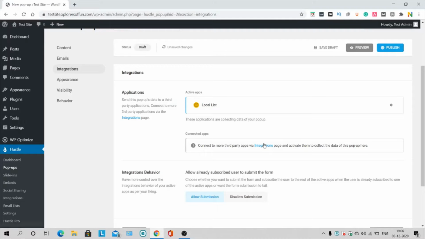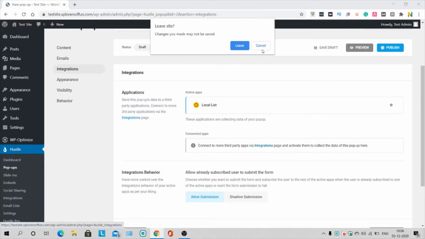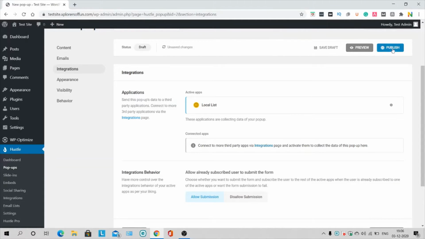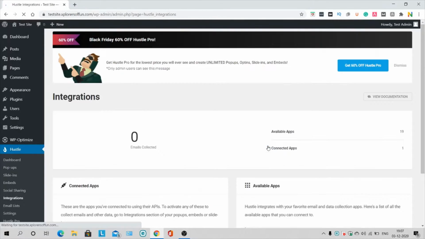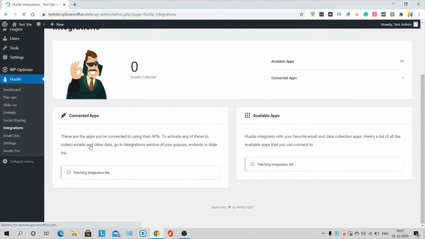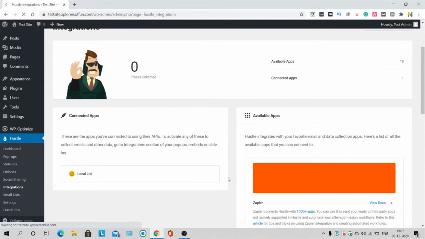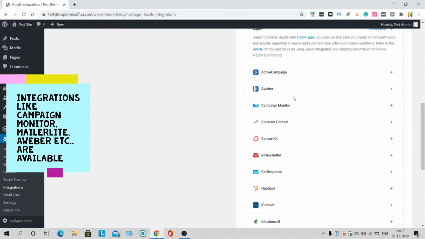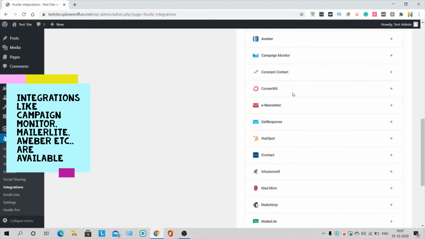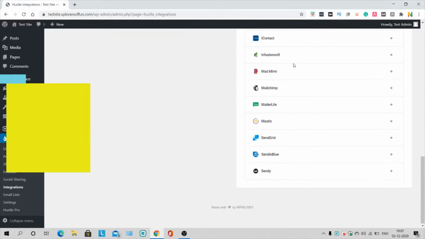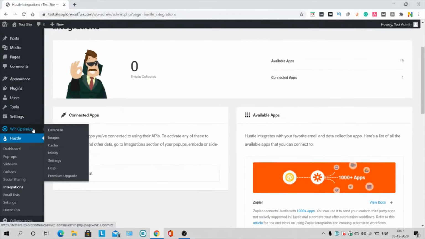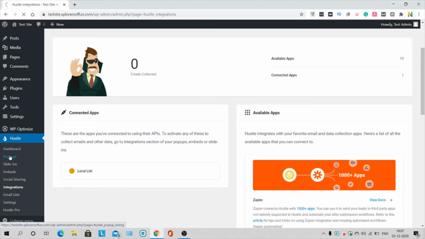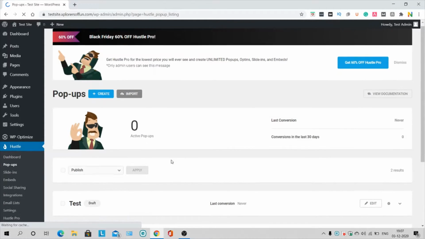Now let us see the integrations this plugin has. So let us just save this draft and head over to the integrations page. Now this plugin integrates with many email providers like ActiveCampaign, Aweber, Campaign Monitor, Constant Contact, etc. So the integrations are also nice, and let us continue with the pop-up designing.